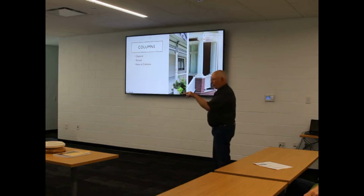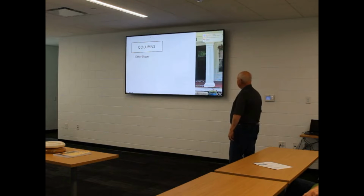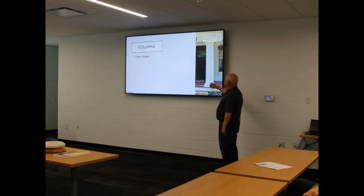A 4x4, in many cases, depending on the size of your porch, won't look big enough if you get a 4x4 trim post. So keep in mind the scale of the porch. And other shapes, again, here's a pretty fancy square wood column, and they went so far,